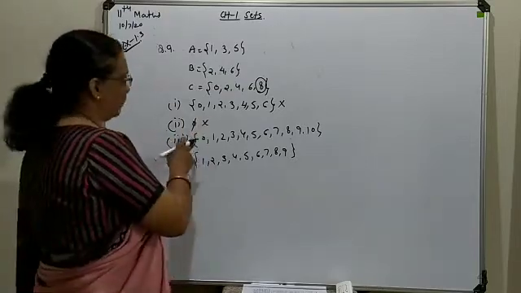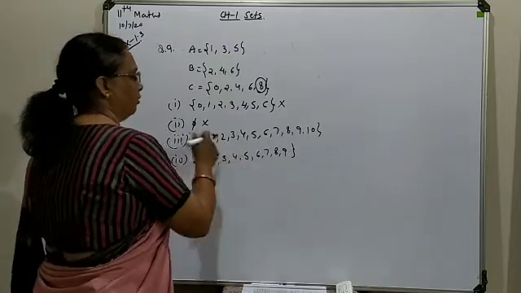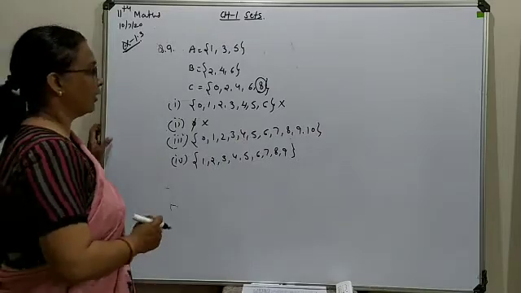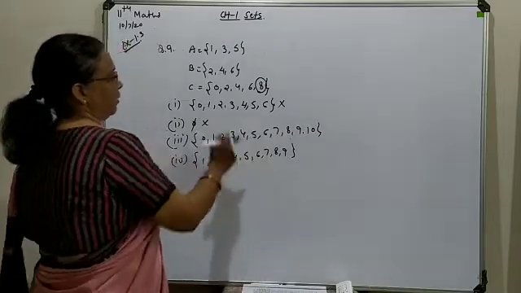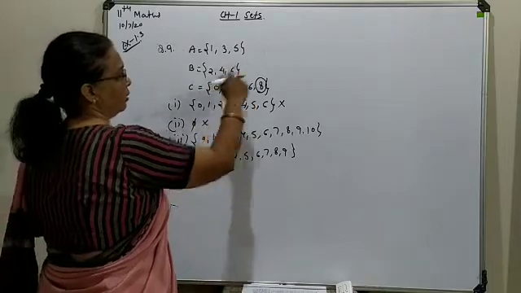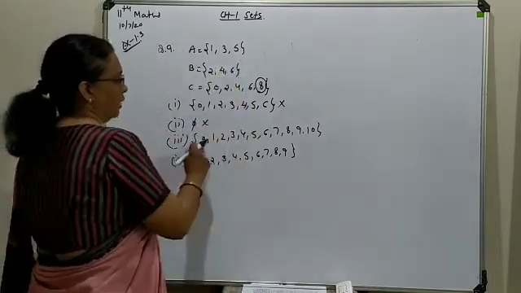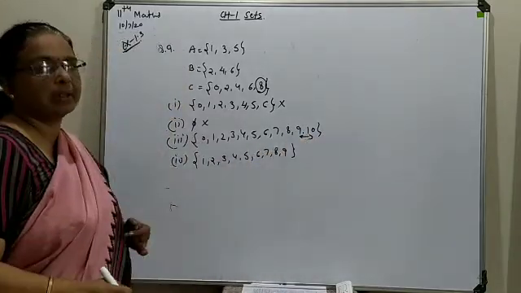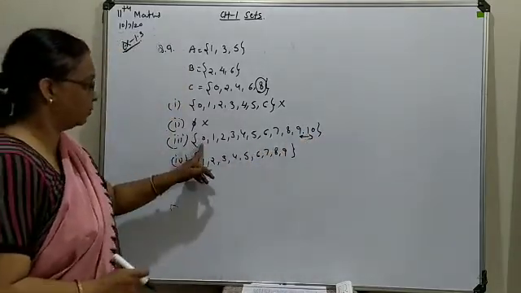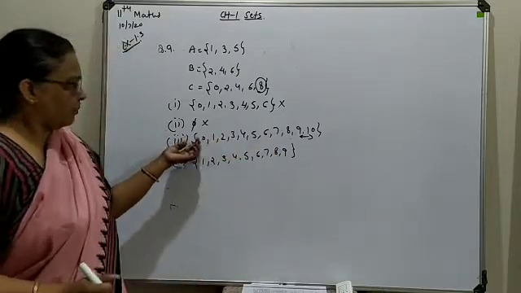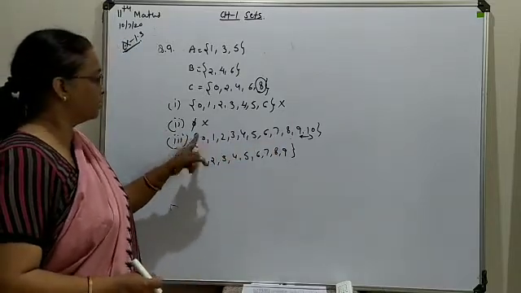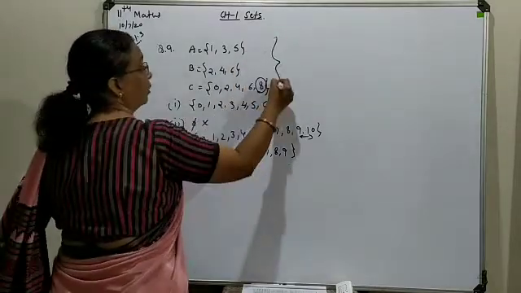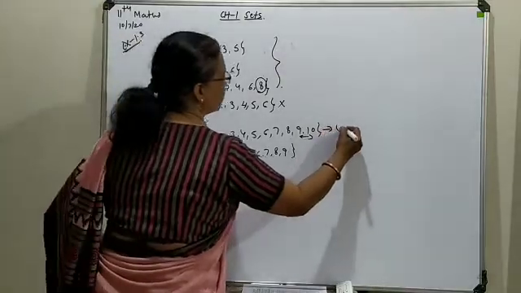Now move towards the third option. From 0 to 10, all elements are included. In between, none of the elements is skipped. So here, from 0 to 8, all elements are included. So these two are the extra ones. It doesn't matter if it contains any extra element. That's why from 0 to 8, all the elements are included here. So this set you will consider as a universal set with reference to all these 3. So it will be considered the universal set.